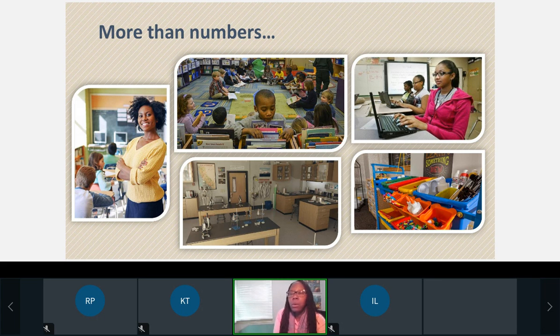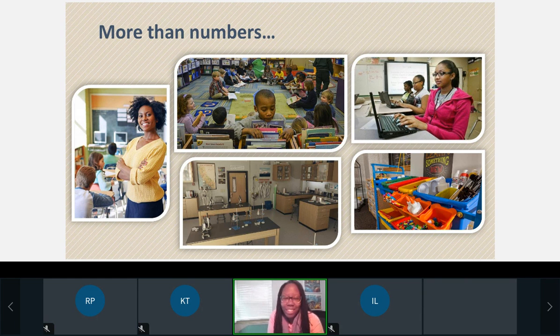And I just want to take a quick note to say that we'll be talking about school spending data a lot during this session, but really this is about more than numbers on a page, right? The school spending data help us understand in a little bit more detail other non-financial resources that are available in schools, like access to educators who have experience, information on the extent to which students have science labs in their schools, or access to the other resources, access to computers and technology labs, things like that. So